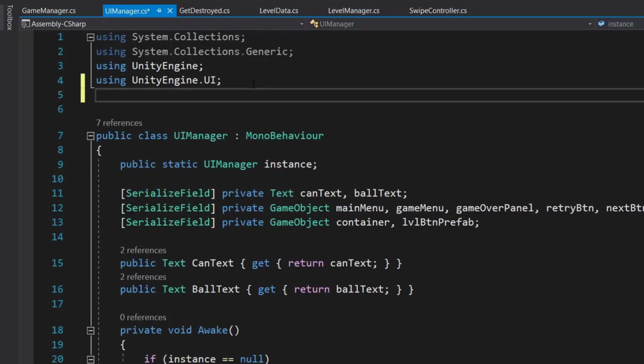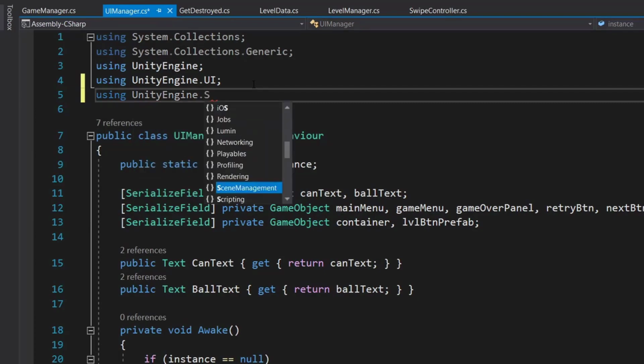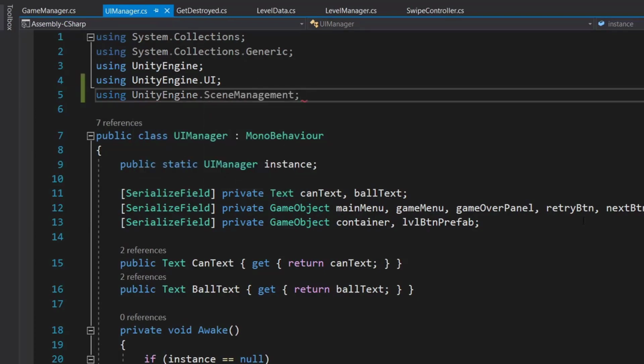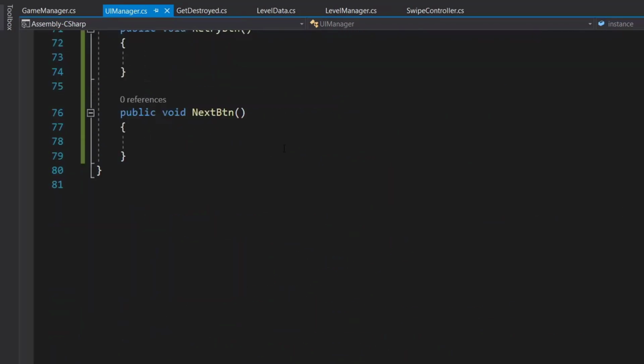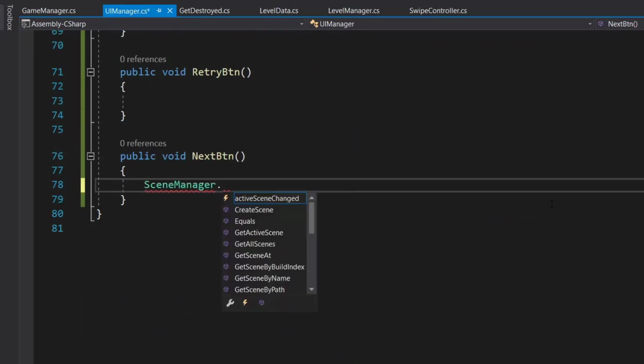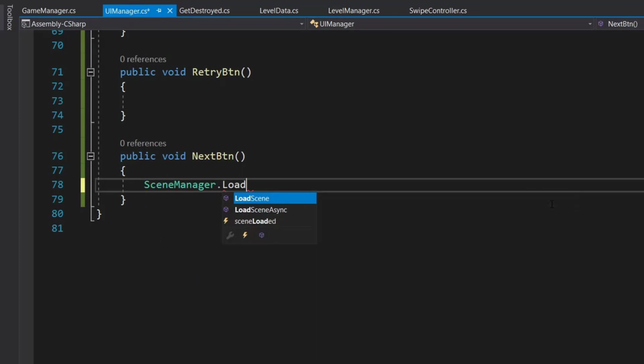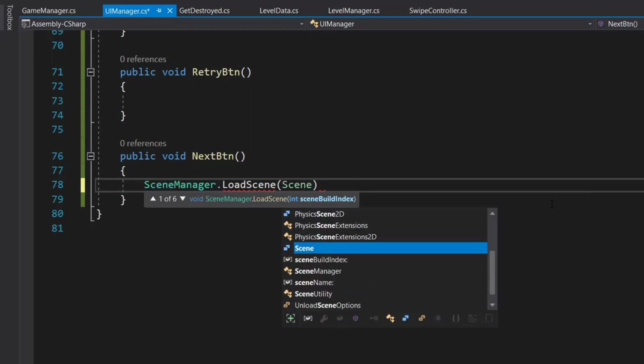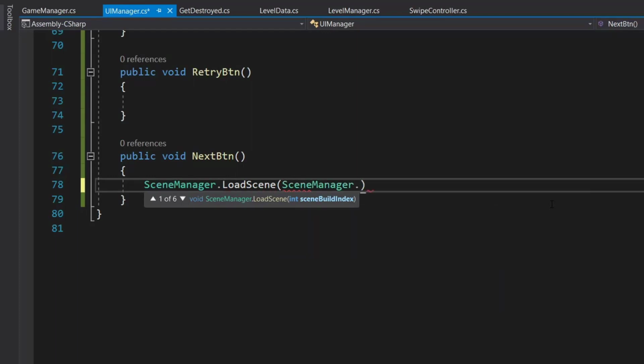So for that we need to call using UnityEngine dot SceneManagement, and here in next button we will just call scene manager dot load scene, and we are going to load this same scene. So we will call our scene manager dot get active scene, and we need its build index.